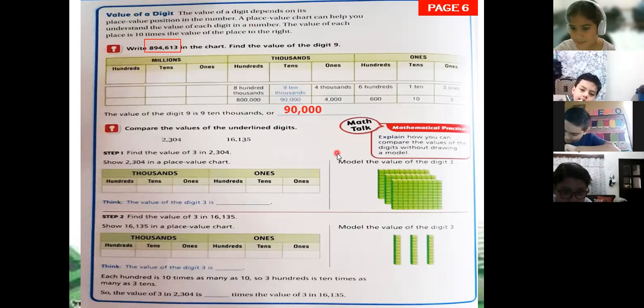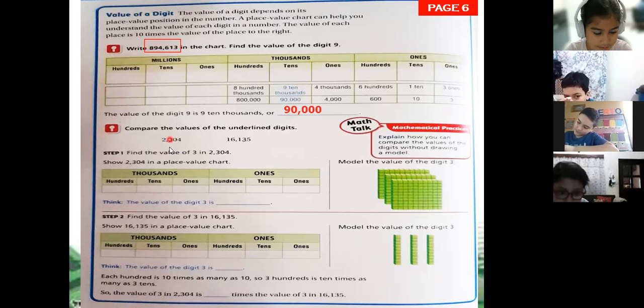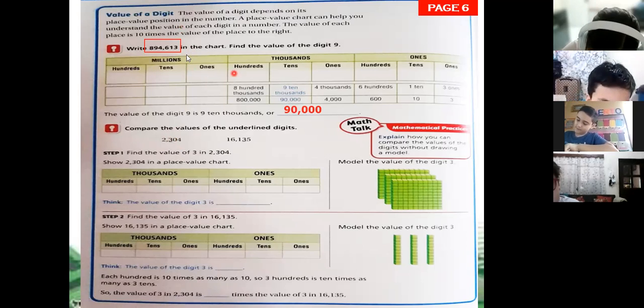Thank you. Now let's try the second digits. It says, compare the values of the underlined digits. So we have underlined here on 2,304 the number 3, right? Number 3 is the one that is underlined. Okay, so we're going to compare this number 3